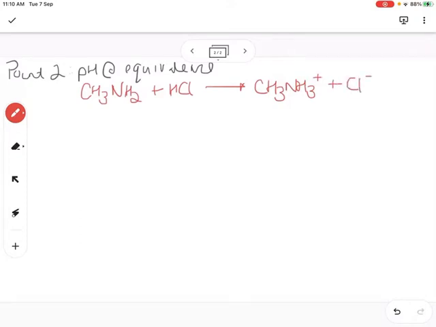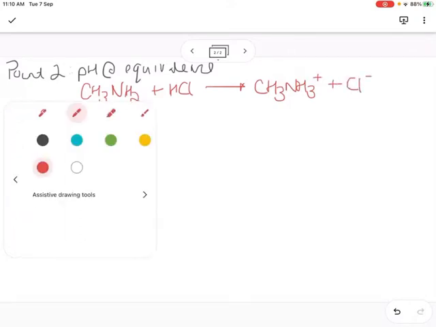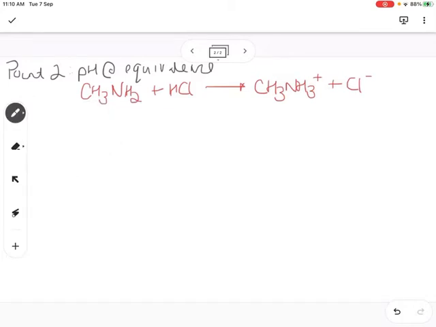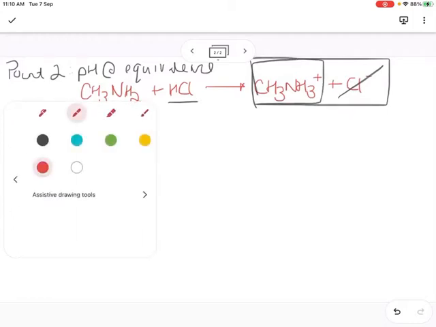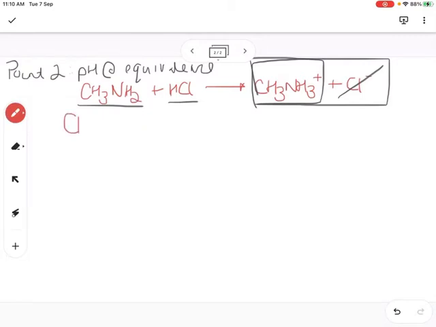Righty-ho, and so our key idea is that at equivalence point, we have added equal moles of the acid and the base, and so therefore at equivalence point in our beaker we essentially just have the products. So when looking at these products, we can eliminate Cl- because it doesn't accept or donate protons, but this ion here does. So if I write an equation for this ion here reacting with water,